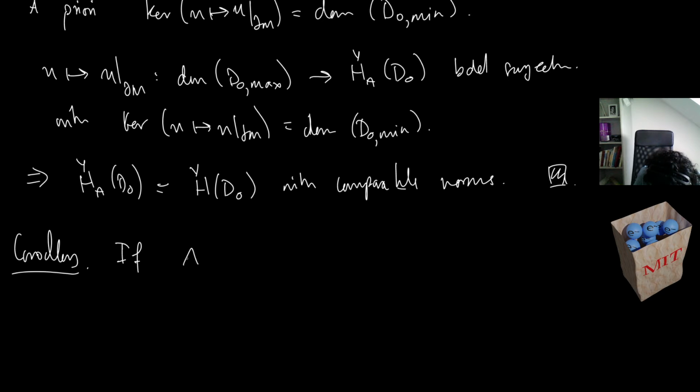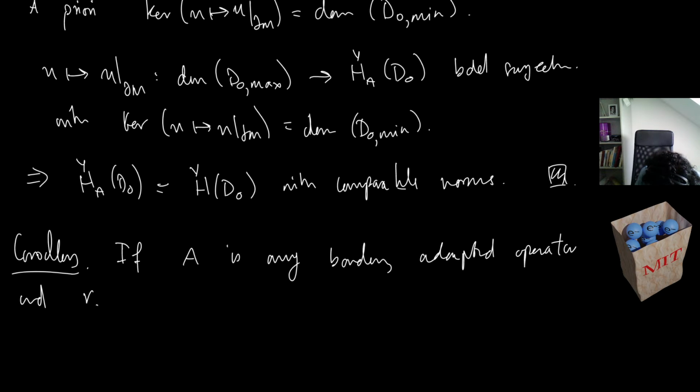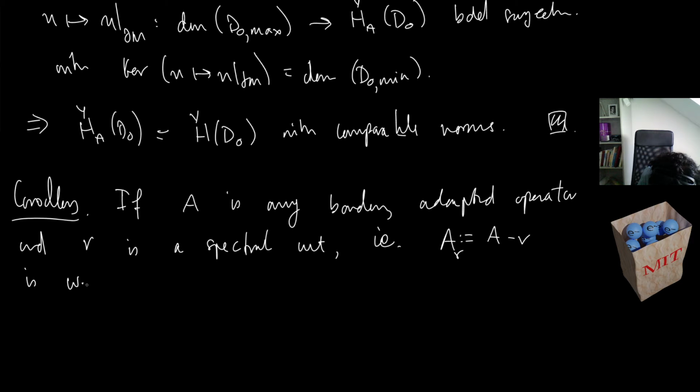If A is any boundary adapted operator, and R is a spectral cut, i.e. A_R = A minus R is omega bisectorial and invertible, then